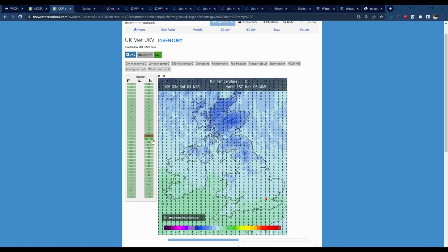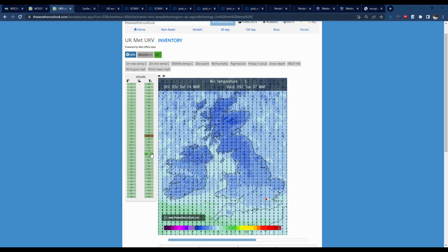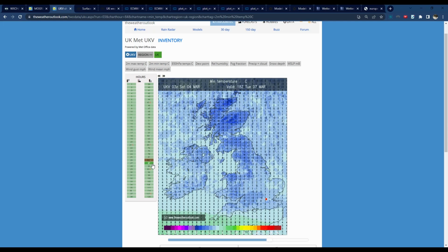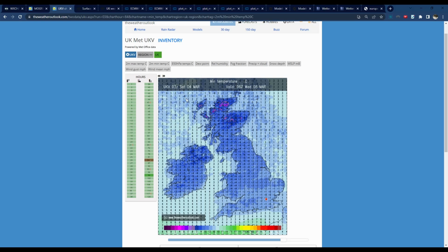The minimum temperatures overnight on Monday are going to be pretty cold as well, sub-zero across most of the UK and Ireland. And then on Tuesday, it looks like it's going to be properly cold. Potentially maximum temperatures of just 4 or 5 degrees, even for the south, potentially as low as 0 for the maximum. And then those minimum temperatures are going to be decreasing very widely below 0, potentially minus double digits across Northern